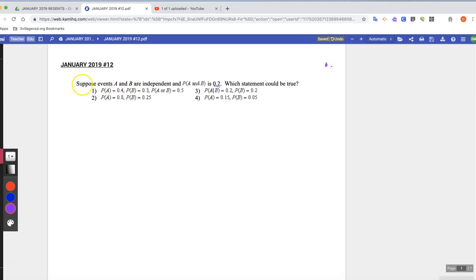In this problem, we are told suppose events A and B are independent, and the probability of A and B is 0.2. Which statement could be true? Now,